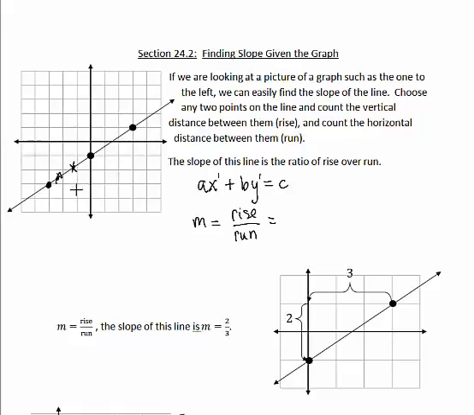So first we'll just use the rise over run method. When we figure out what the rise and run is, we only want to move vertically, straight up and straight down, to calculate the rise. And then for the run, we want to move right or left, so vertically or horizontally. We're not going to move diagonally and count any units in that direction. So if I start here at this first point on the left, start,